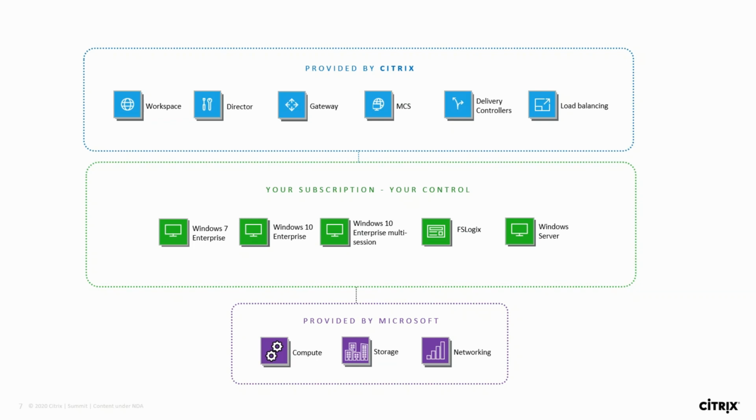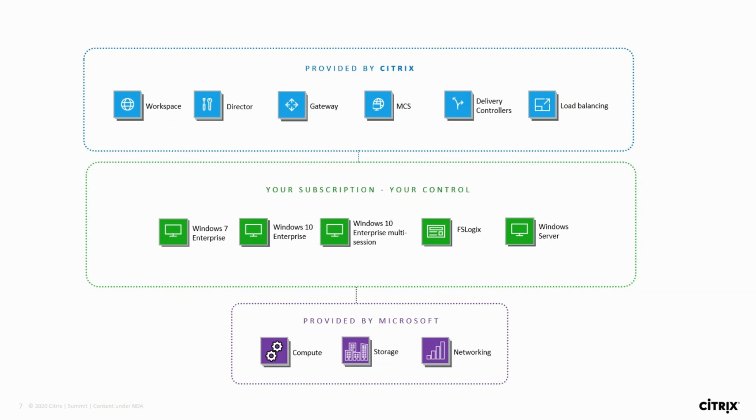So now you have our Citrix Workspace, which can now stretch between that hybrid environment that people are always talking about. You can have workloads in Azure and on-prem and all delivered to your end users through one workspace application. You can use Director, which is going to help you manage and see end-to-end visibility of your users' performance. You've got our NetScaler gateway POPs. I think we've 16 now around the globe, and you can use those to access Azure, but also you could use a gateway on-prem. A lot of choices there. We have MCS for our workloads, and I think MCS is well known, it's well used, as well as PVS for any on-prem workloads.